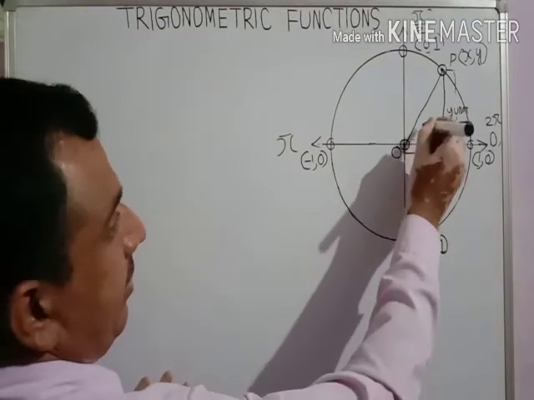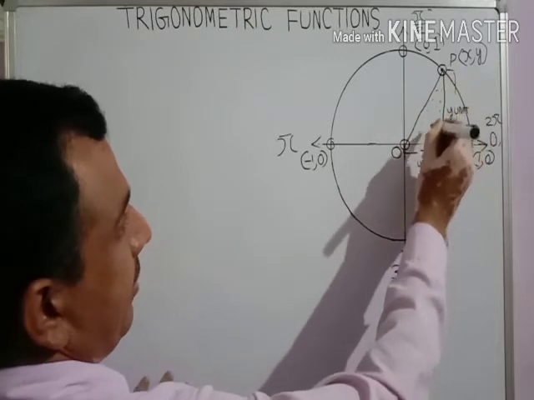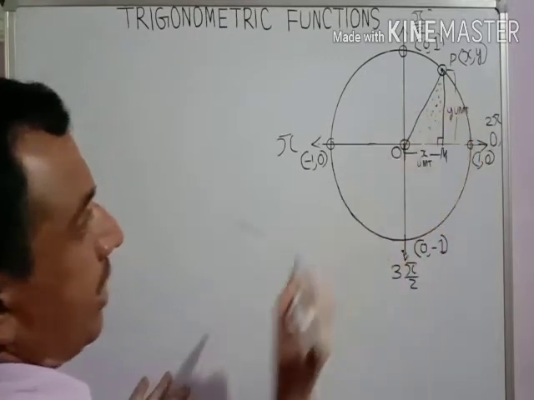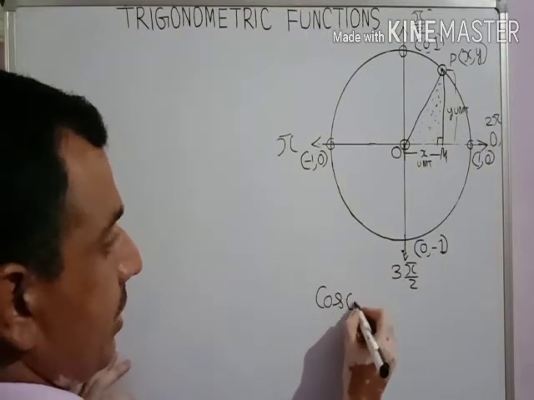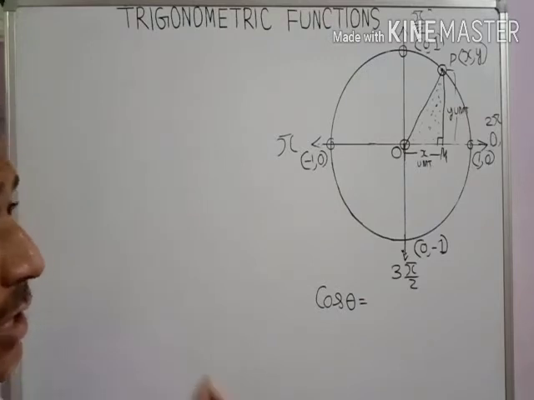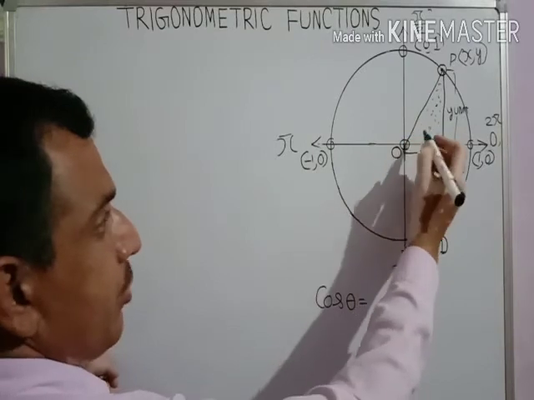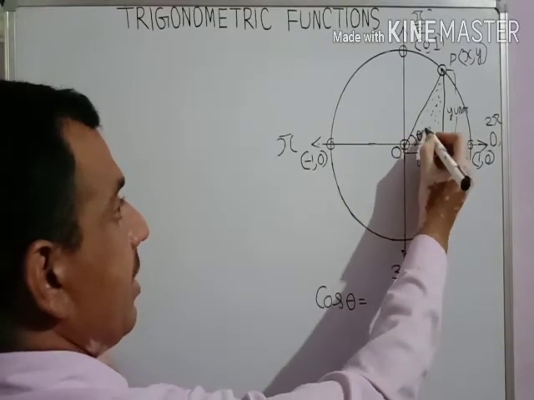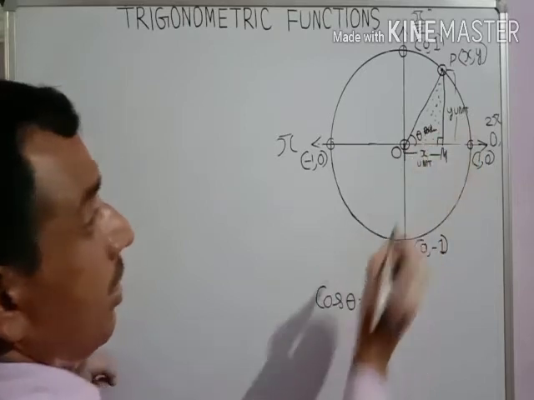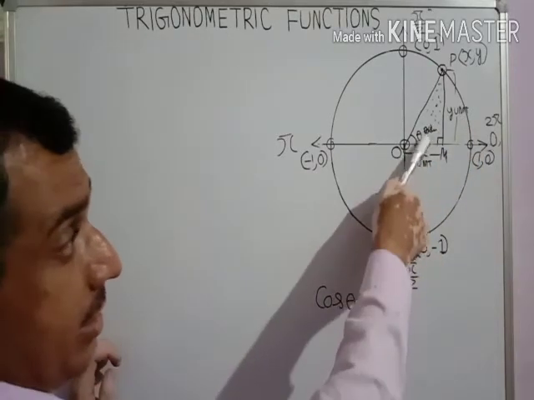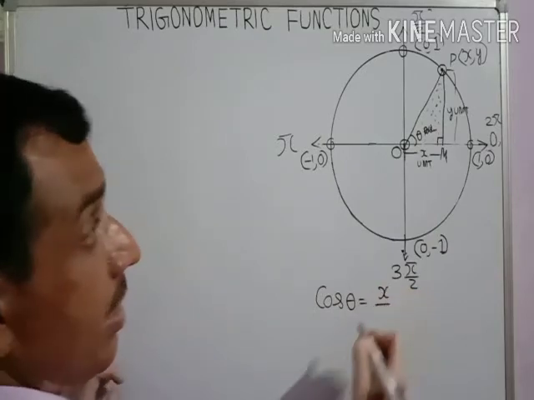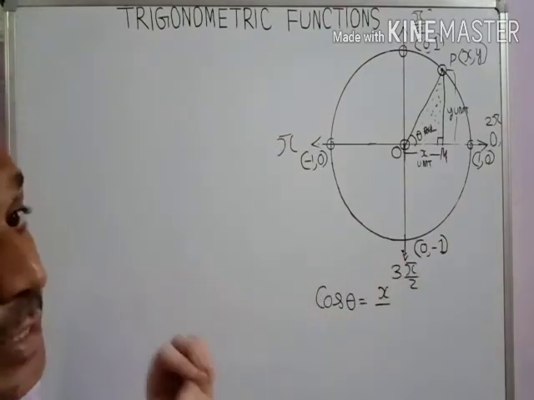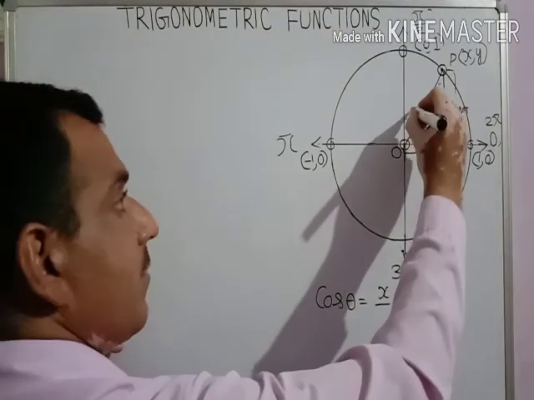Now I use this triangle, I mean OPM, this shaded triangle. I work on it. If I ask you what is cos theta, you say, sir, the cos theta ratio is B upon H. So let's suppose that this is theta radian, and cos theta is B upon H, the adjacent side of theta, that is x, upon H. H is what? This is a unit circle, which means the radius is 1 unit. So this is 1 unit.